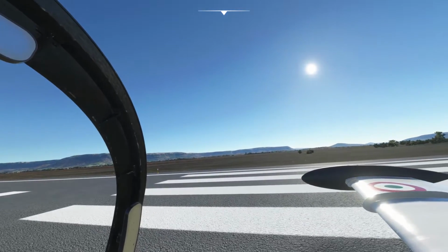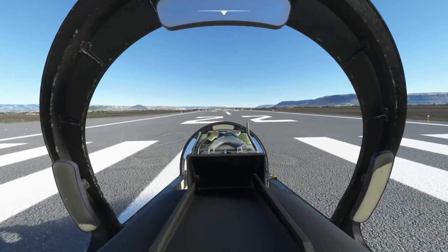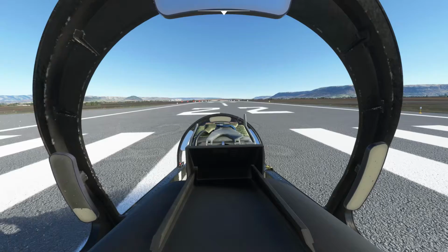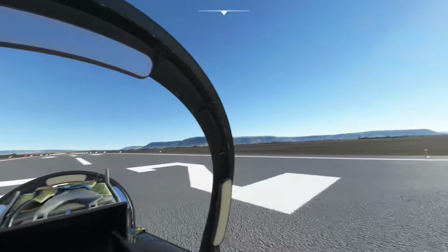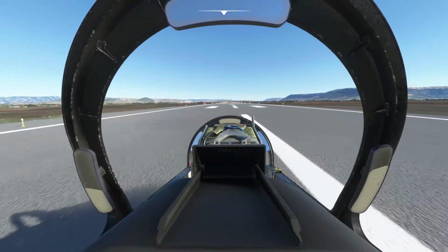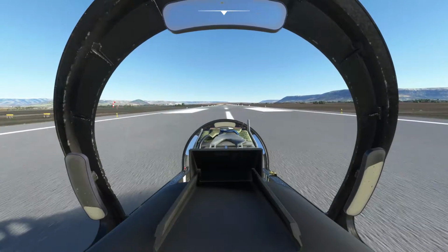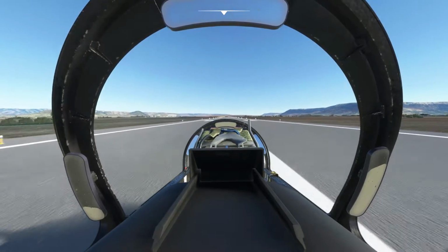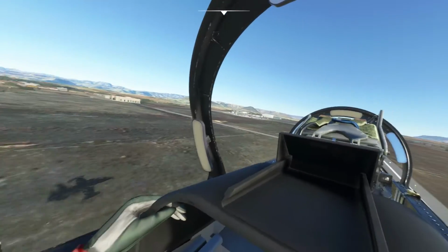It's 3:48 p.m., 15:48, and we're cleared for takeoff at Maseru International in Lesotho. So let's go. Full throttle, brakes off, off we go. Knots, 50, 60, 70, 80, 90, 100, rotating, 6 degrees and climbing, gear up,